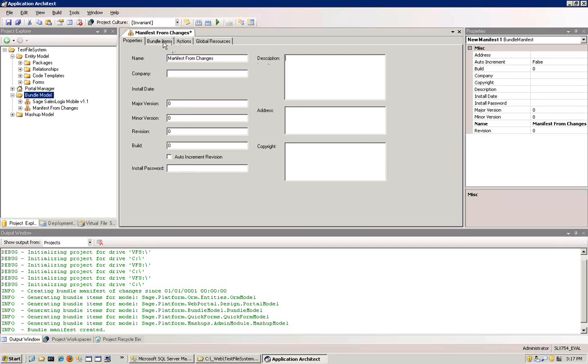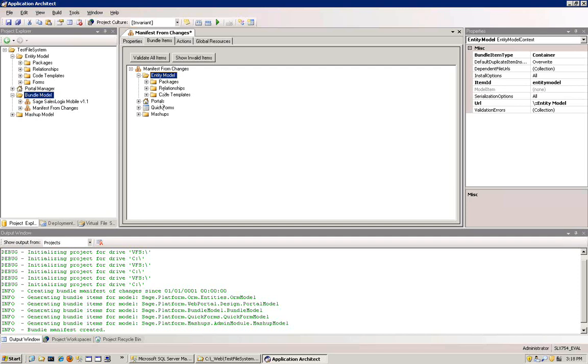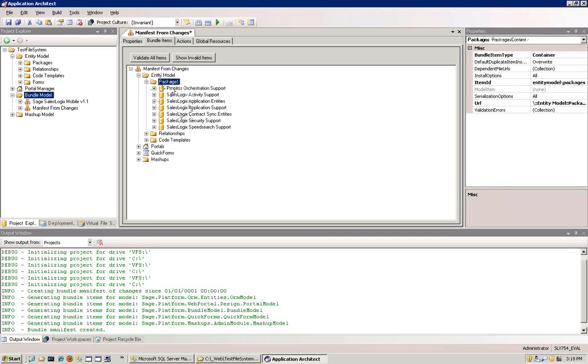Now, if we go to the next tab, the Bundle Items tab, this is basically where the various different items that we added are added. So if I look in here, we'll see in the entity model, it has... let's see here. Okay, so under packages, under application entities,